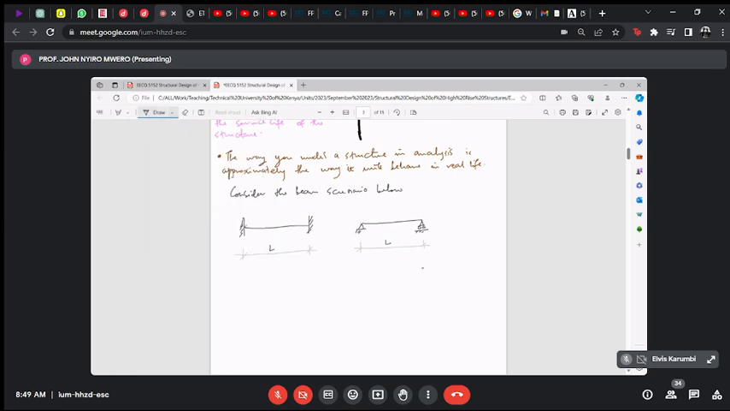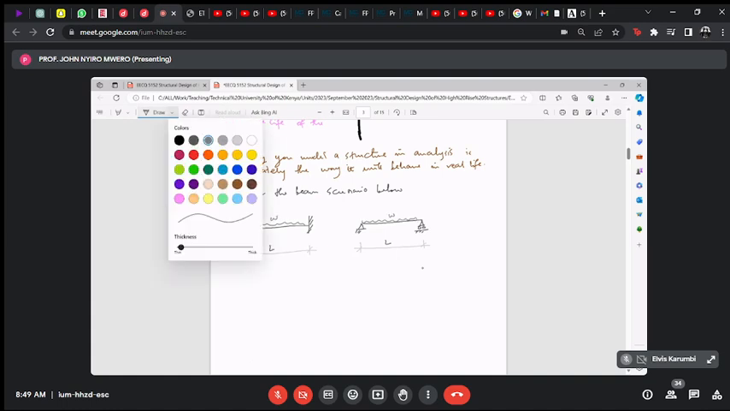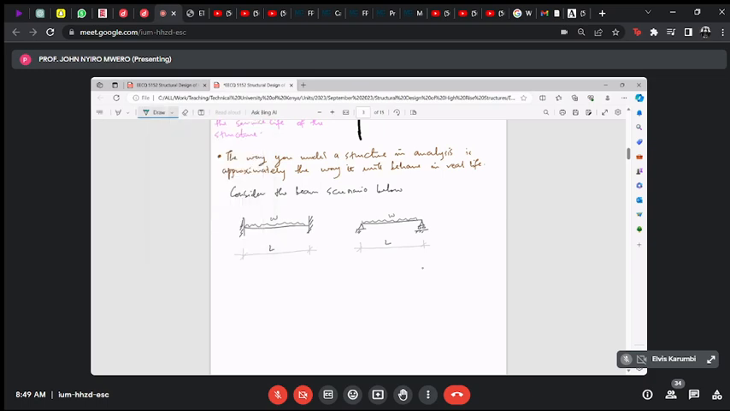And same loading, W. The bending moment diagram for this one will be something like that. The bending moment diagram for this one will be something like that. Okay. So if you assume this beam was fixed,